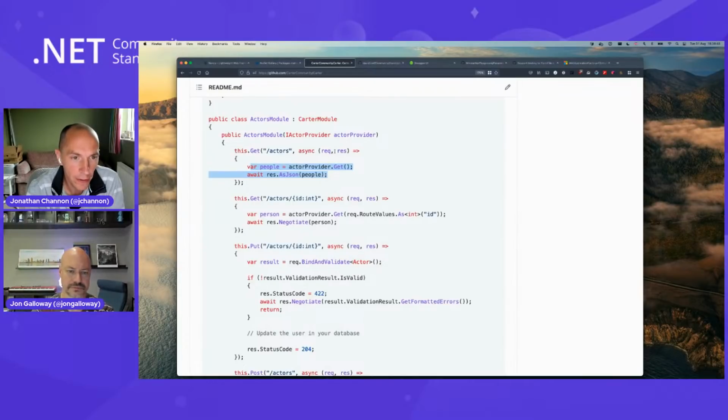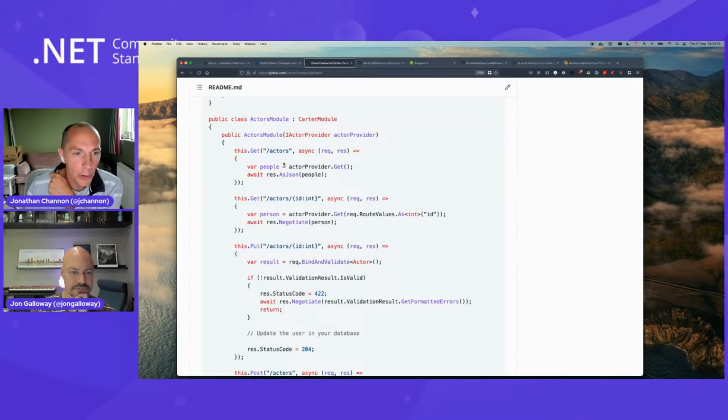So the metadata that comes off your routes is no longer in a separate class, and in minimal API hosting, you have extensions here. So you can say app.Get actors, and then you can have Produces and then your type, or Produces these status codes and things like that, which you would expect to see in an OpenAPI response.